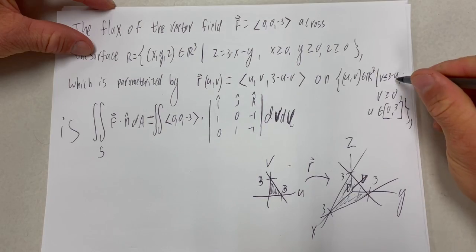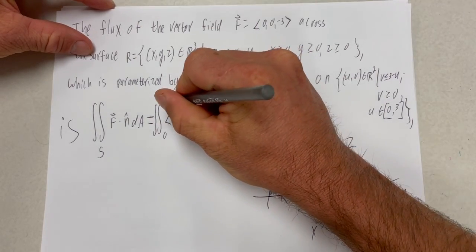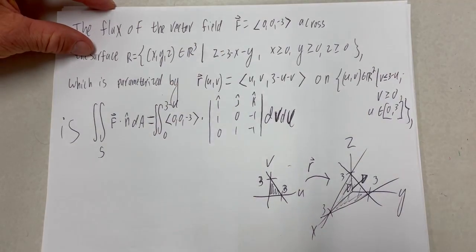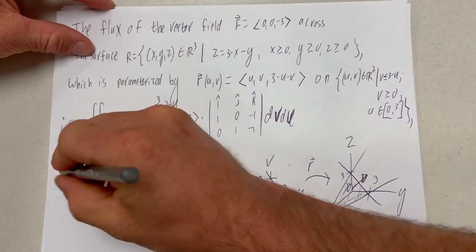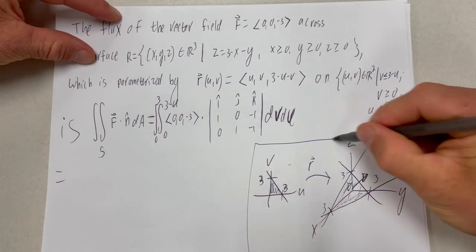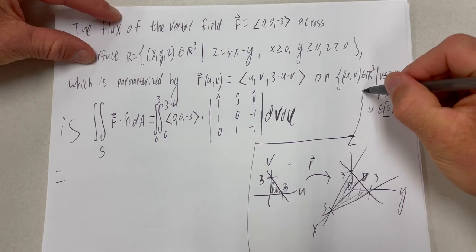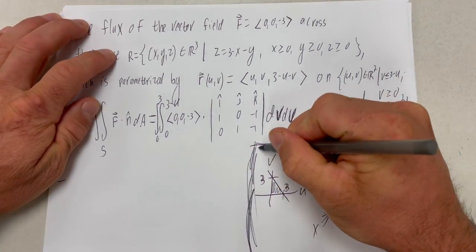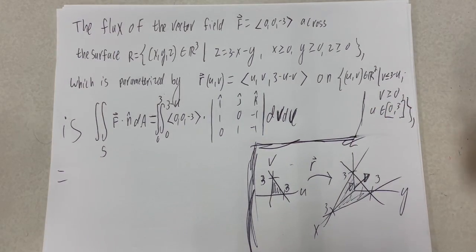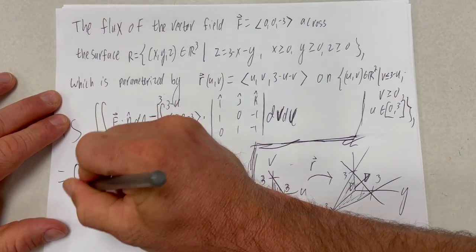So I'm going to go from v is 0 to 3 minus u. And I'm going to go from 0 to 3 in u. Okay. Section off my drawing here. Okay, so calculating, I have this integral